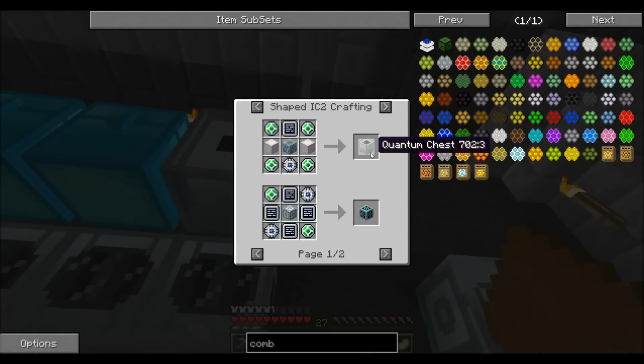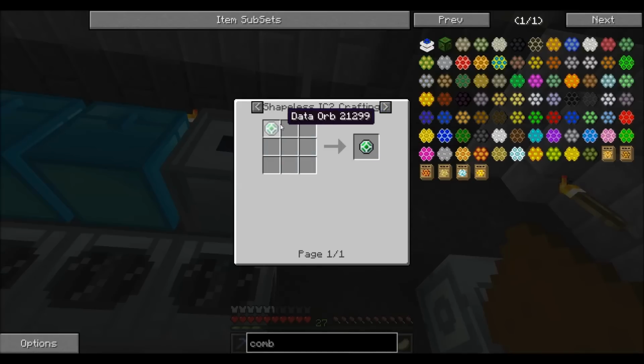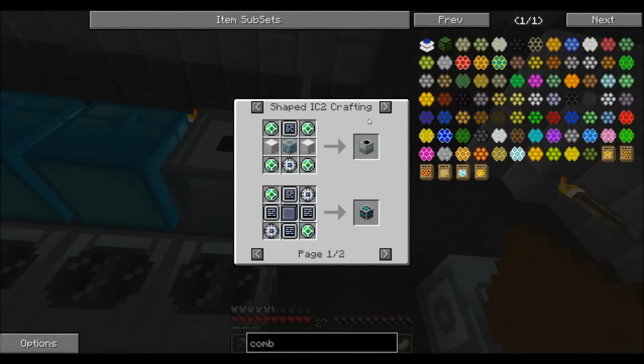Now if you had cobblestone, you could get a chest just filled to the brim with cobble. And you need it in the UUM assembler for the data orbs. And this is just like an auto crafting table for UU matter. Use data orb to make a data orb. That's about it. No real use to these, but the best use...